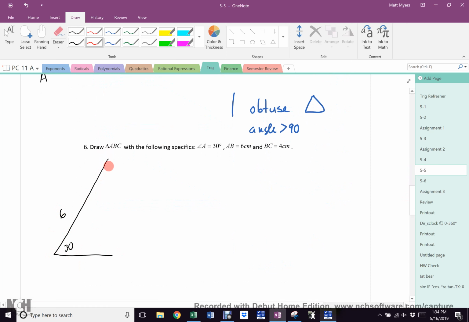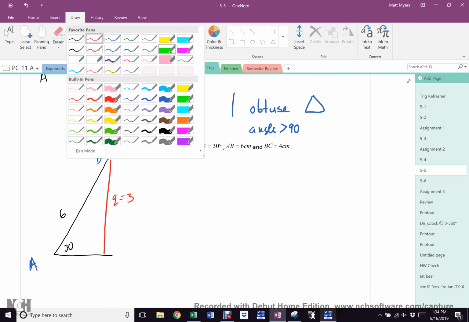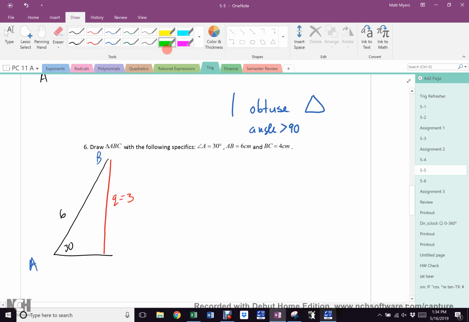What's Q? All right, now let's look at our situation here. What's my third side now? 4. Everyone agree? So, since it's 4,